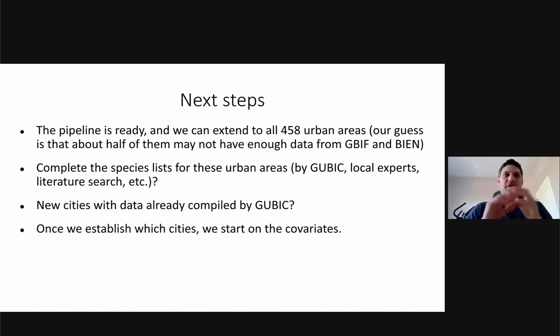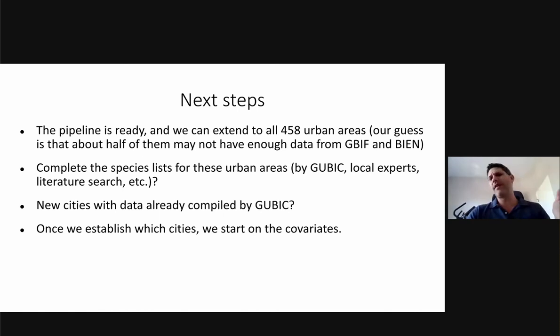And another thing to think about is we can complete these species lists with other information, by using the GUBIC data sets, local experts, literature search, et cetera. Something that we might be able to do here is, once we all figure out what cities we want to use and whatever methodology we go with, we discuss how to add on. Then we can use either one of the methods we showed here, and pass that list on to folks that are from those cities, or compare them to lists that are already in GUBIC, or identify local experts from those cities that we might have in our network